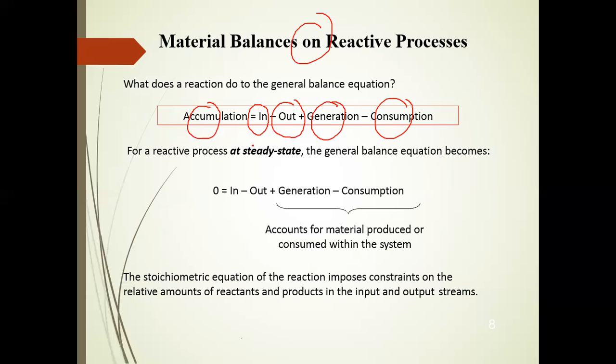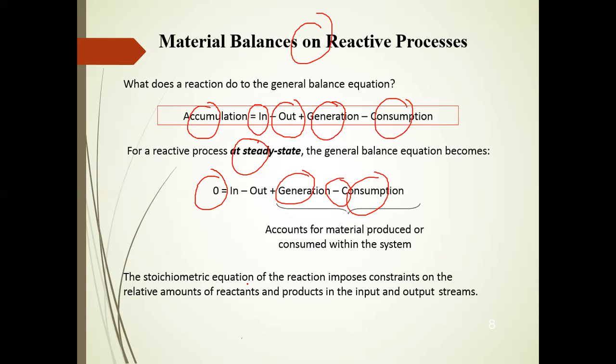But for a steady state system, in which there is no change in the process variables like temperature, pressure and volume, we can put the accumulation term equal to 0. So material in within the system minus material out, you have to subtract material out from the system, and you have to add the material generated, because when something is generated within the system, it is building up in the system, increasing the mass and the concentration within the system. So you have to put this as positive. And when something is consumed in the system, it is reducing in concentration, so you have to put this as negative.